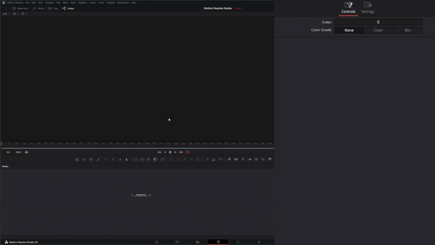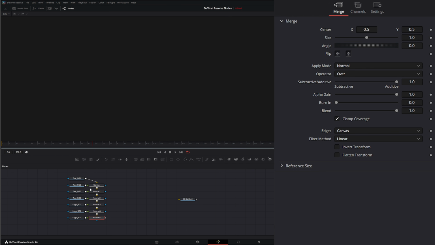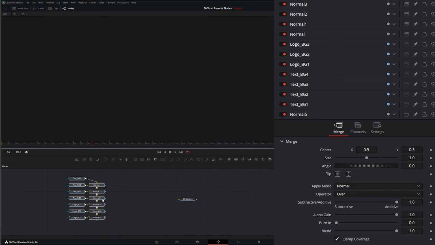So in the past, when we do multi-layer stuff, like with a multi-layered OpenEXR, or a PSD that has multiple layers, or stereoscopic 3D stuff that's got multiple layers, traditionally we just import our scene and it breaks it out into a whole bunch of little layers, and we have to merge everything together. And this is the same with EXRs. You have to piece them all together to get all your layers built up correctly. But under the new stuff, under 20,